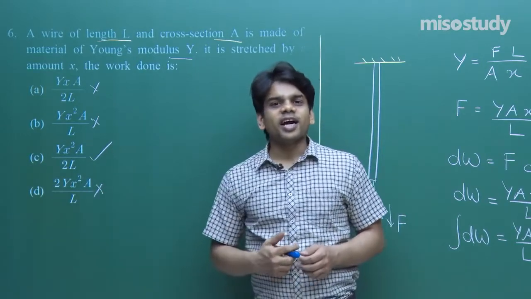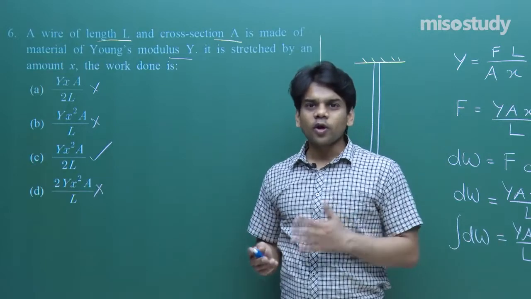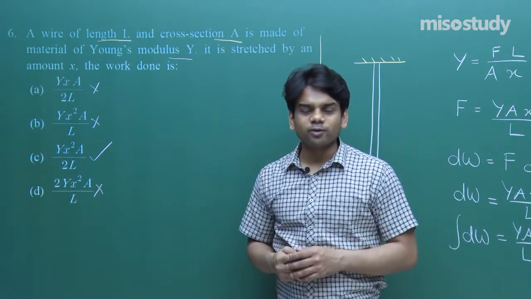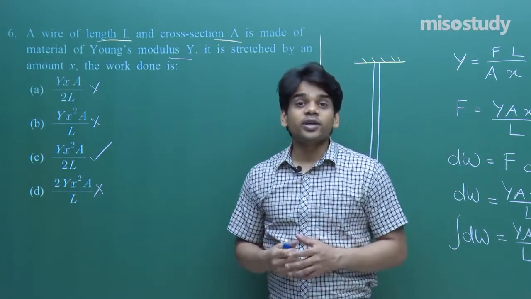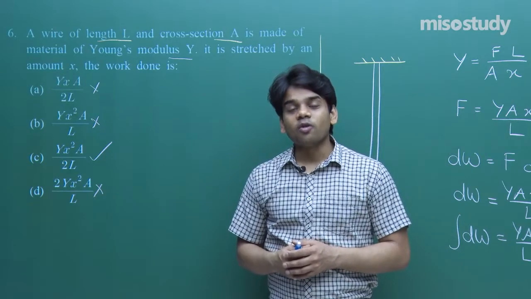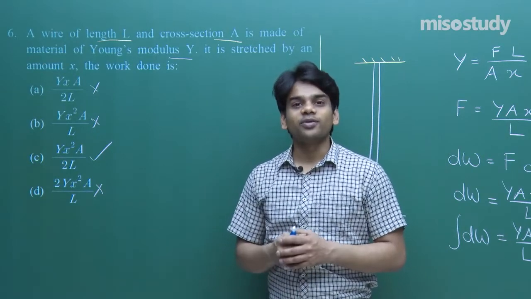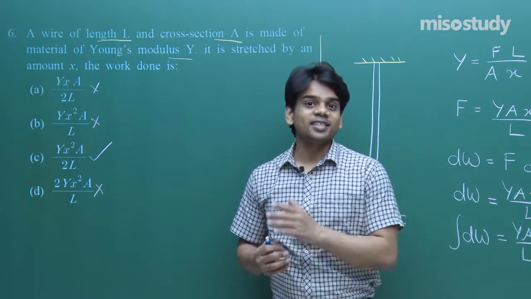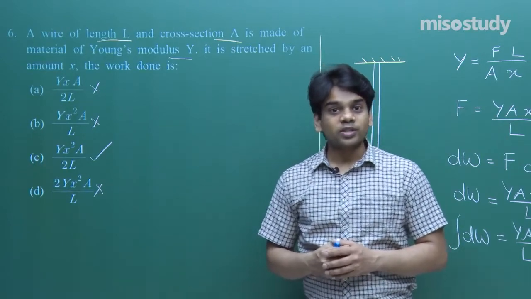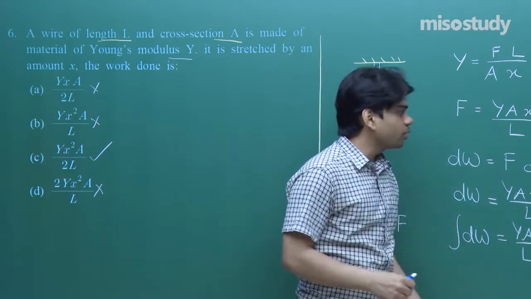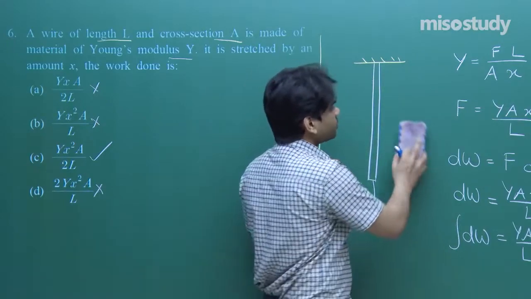In this case, I have told you how sequentially you can proceed with these steps to find the net work done. Sometimes you can even apply the concept of average force multiplied by the total extension produced in the wire. So once again, I am giving a very short method. In the exam, you need not do this entire part.